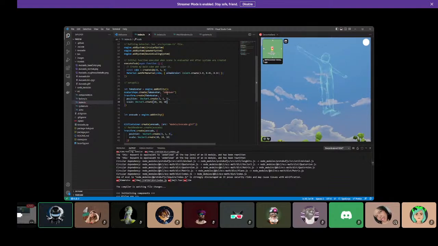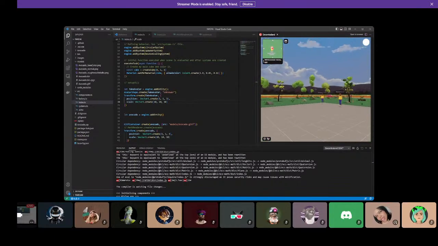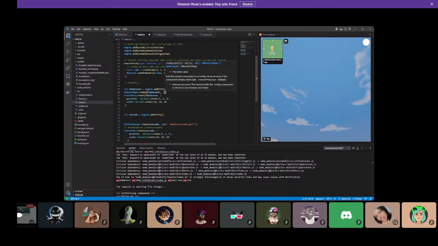Maybe this will work. Maybe the initial value is its name. Nope, the initial value breaks it. Huh, interesting. Maybe there's some options we can put into it, like